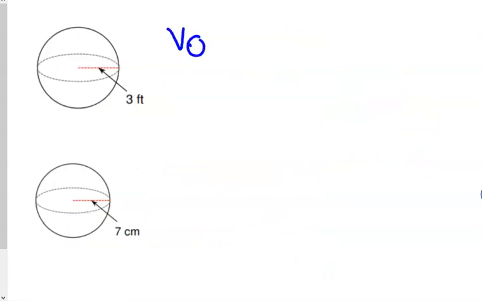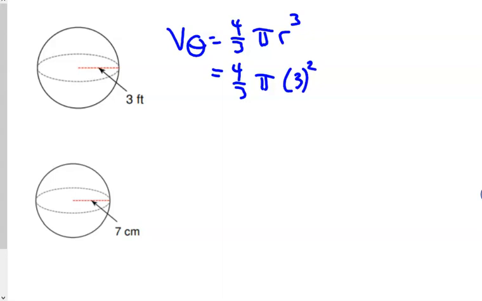Find the volume of the sphere. It's 4/3 pi r cubed. So it'll be 4/3 times pi times 3 cubed. So if I put it in my calculator, 4/3 times 3 cubed, I'm going to end up with 36 pi. And again, if you were asked to use 3.14 for pi, then you'd have something close to 110